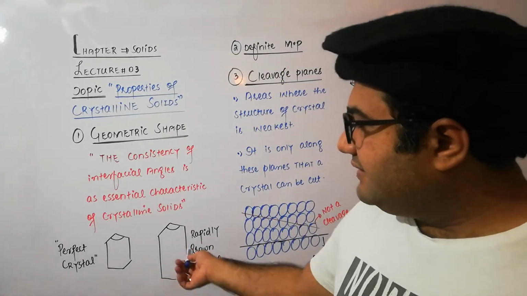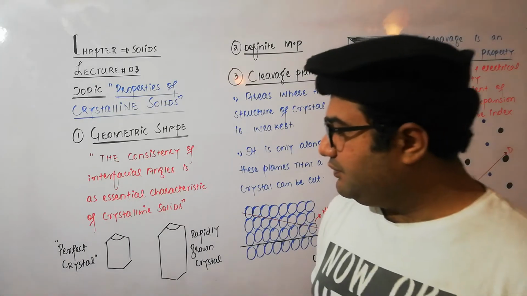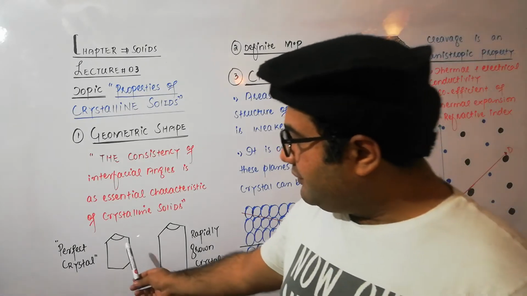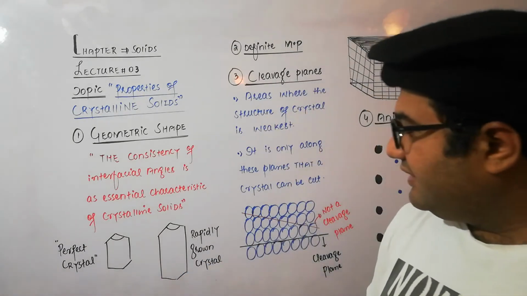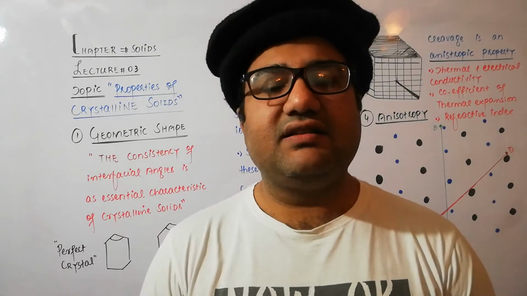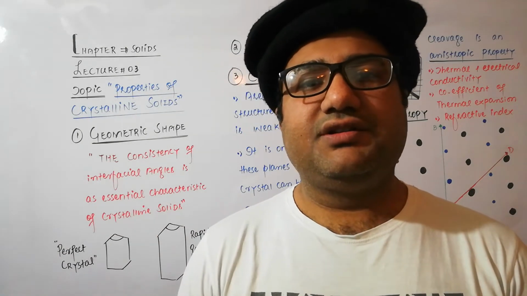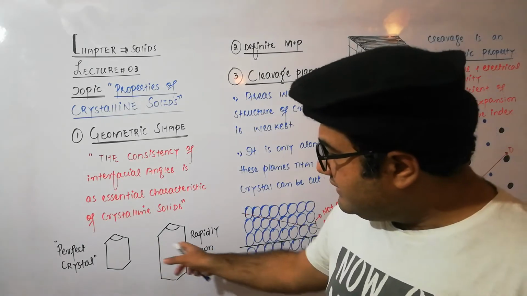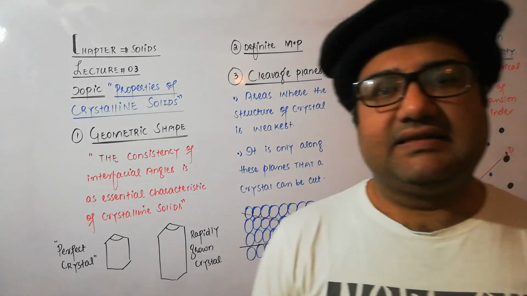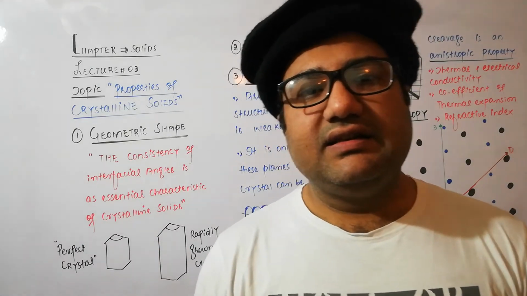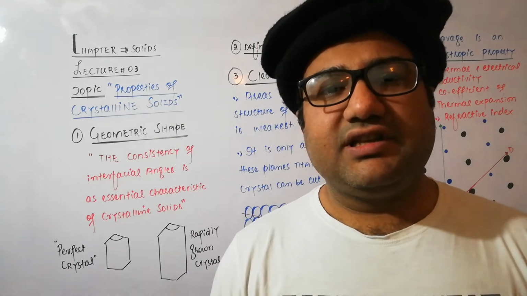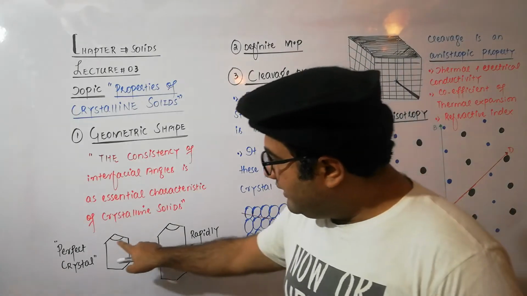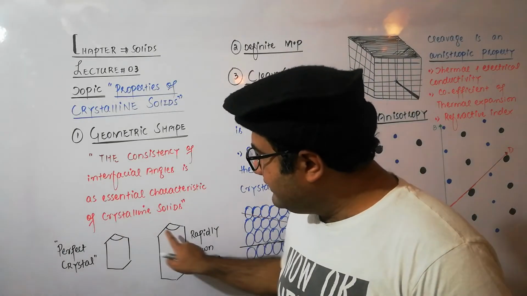I have given an example of two crystals. Suppose that these crystals are grown and this one is a perfect crystal while this one is a rapidly grown crystal. It means this crystal was grown in a short duration of time, very rapidly. So both crystals have different sizes. Their shape is almost the same, their size is different, but still the interfacial angle in both these crystals